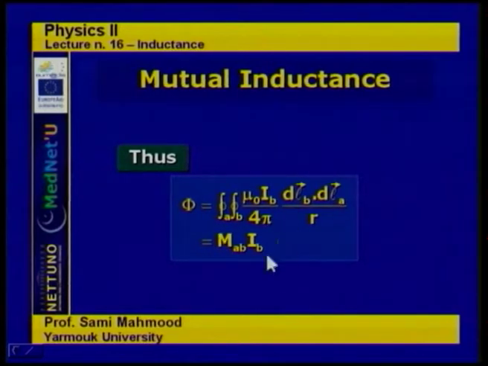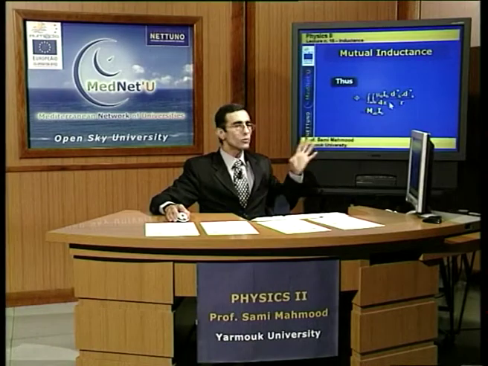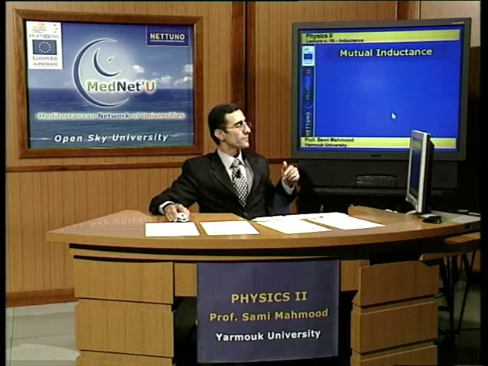And this can be rewritten as a geometrical factor multiplied by the current I_B. So the flux through circuit A is equal to I_B, the current in the second circuit, times some factor. And that factor is called M_AB,